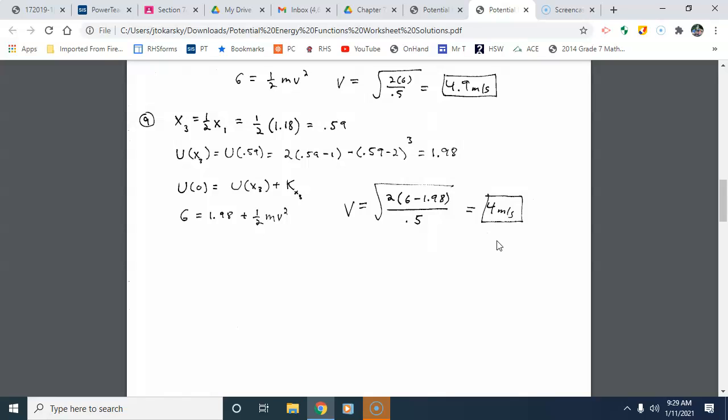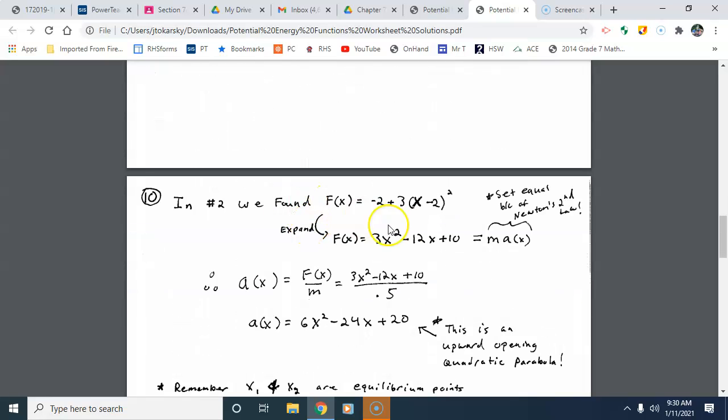Still good? Yes. Okay. Now, the next part might be the trickiest until you really think about it and think about Newton's second law. But I did give that hint last week. To think about how force, since we could get the force by taking that negative derivative, and force and acceleration, we learned in the past, is related through Newton's second law. F net equals ma, right? So with that in mind,